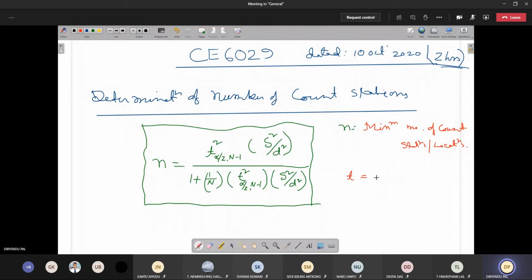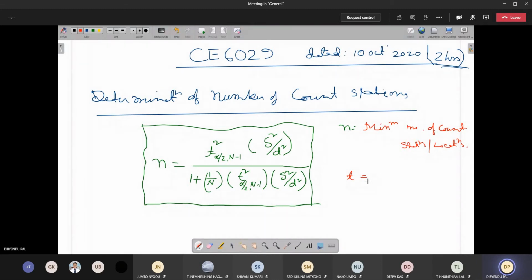Links available. So that 100 links will be the capital N. Existing 100 is available, so that is capital N. Then what is this S? S is the estimate of the spatial standard deviation of the link volumes. So what should be the approximate standard deviation of the link volume?